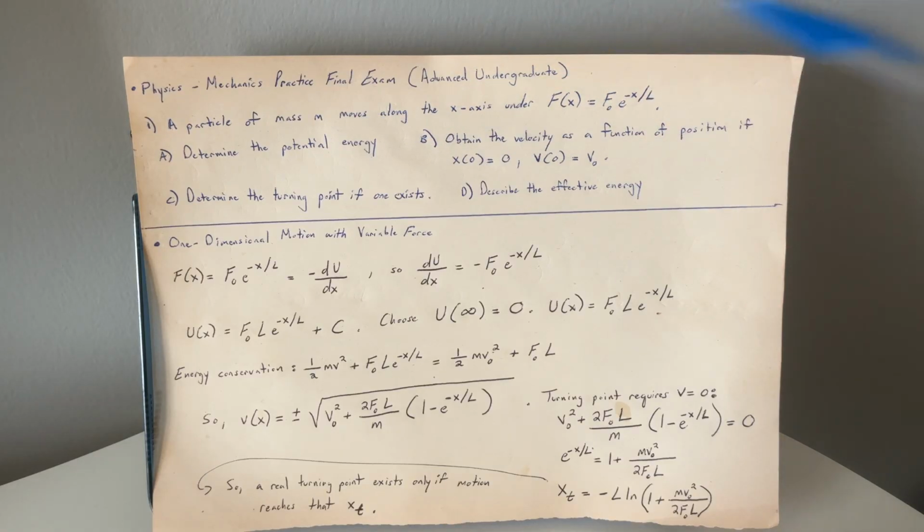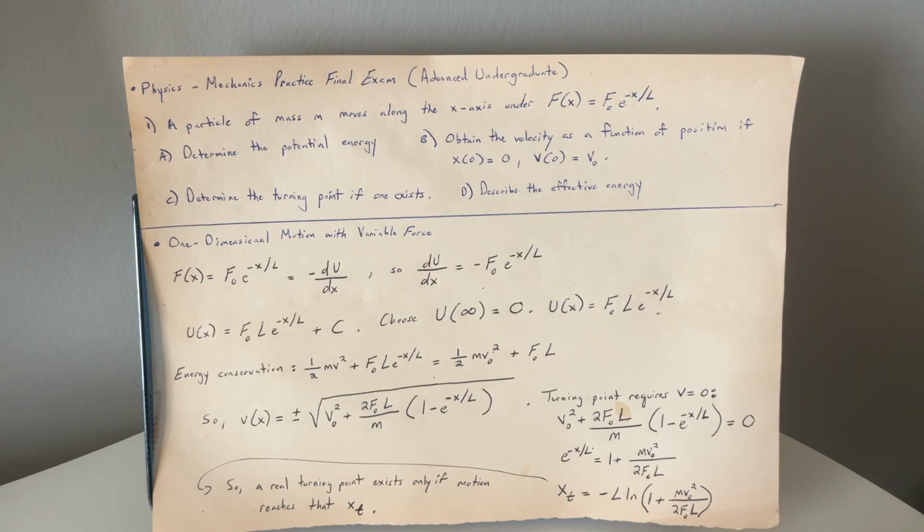So we have physics, mechanics, practice final exam, advanced undergraduate level. So let's begin part one. Number one, a particle of mass m moves along the x-axis under F(x) = F₀ e^(-x/L). Part A,